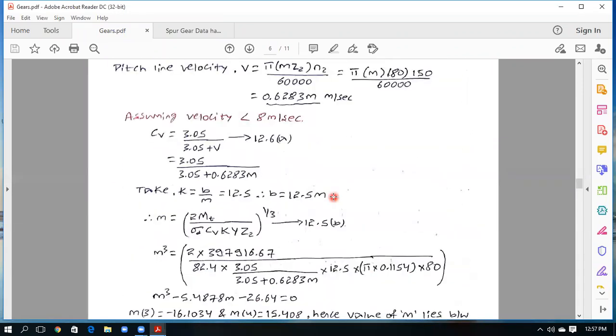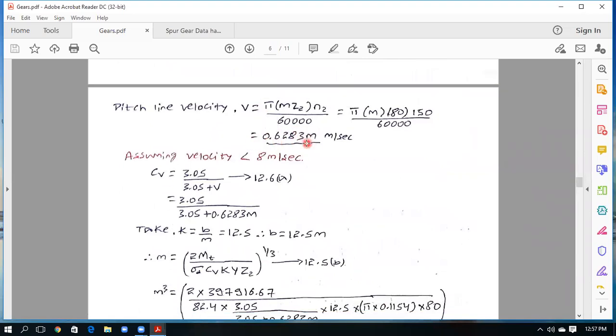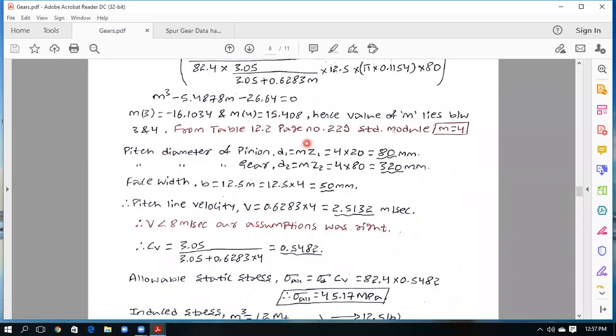And whatever the pitch line velocity is there, pitch line velocity v is equal to 0.6283 into m. Okay, substitute the value of m as 4. Therefore, the velocity we are going to get is 2.5132 meters per second. Here you can see that whatever assumptions we have made, we assumed that the velocity will be